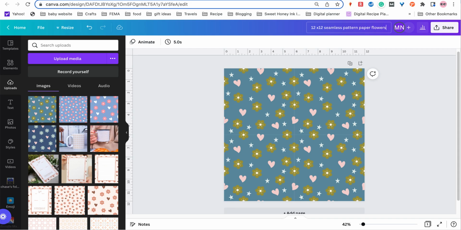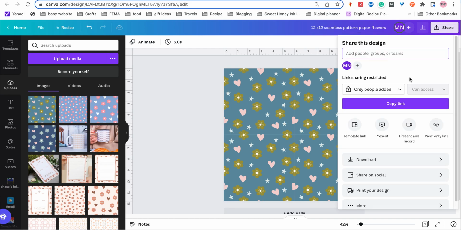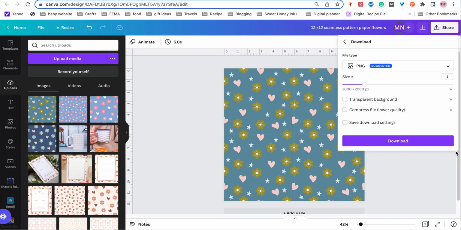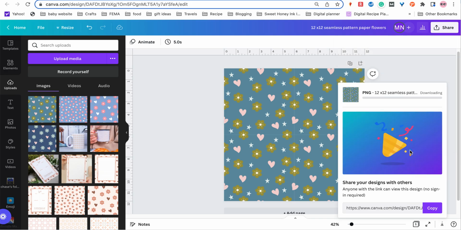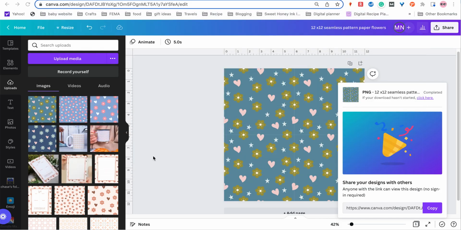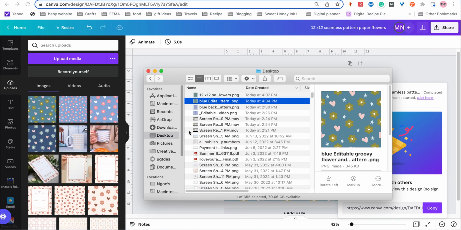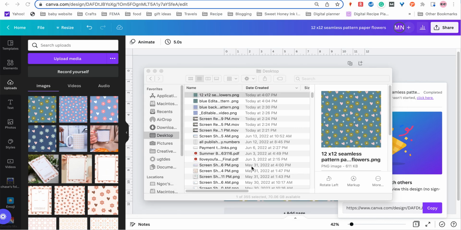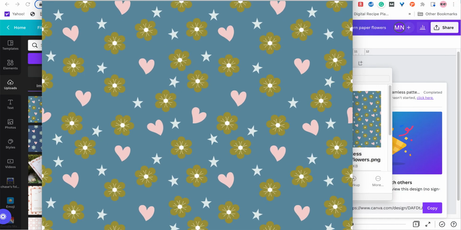Flowers. And if we save it as a PNG, give us the best resolution. You will see, hopefully if it's done correctly, I will now open it and we'll move it over here. And you see,